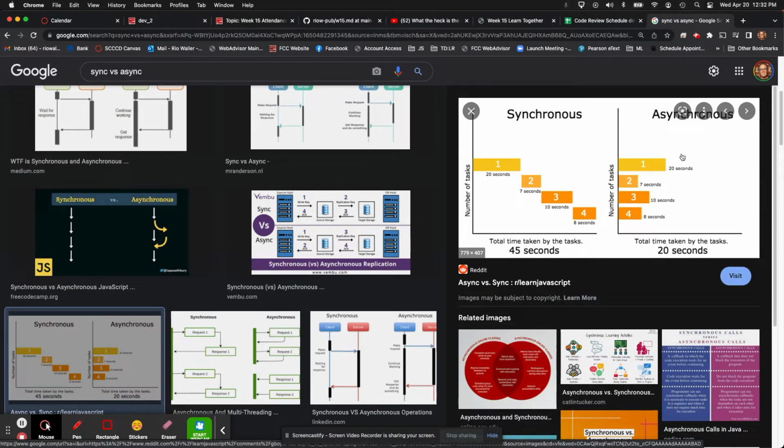Now, by the way, I'm saying network here, but there could be other things that could be asynchronous. It could be creating a file, or doing a database CRUD operation. There are other things we could be doing, but we do one thing, and then we're waiting.